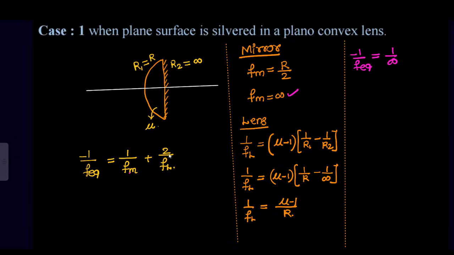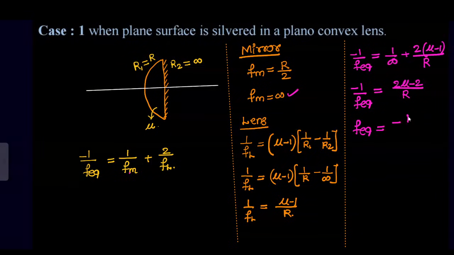This is directly 1 by FL, or twice, we should multiply by 2. 2 into (mu minus 1) by R. So minus 1 by F equivalent will be equal to 2 mu minus 2 by R. So this F equivalent is minus R by (2 mu minus 2). This is the equivalent focal length